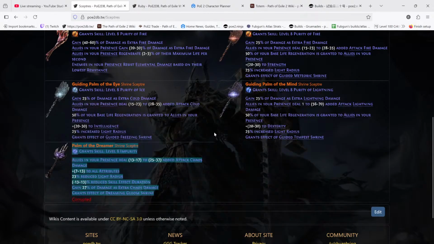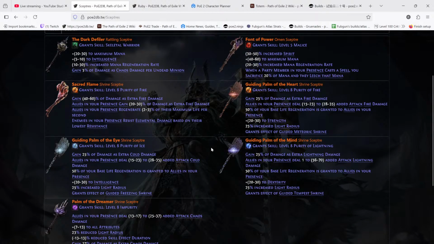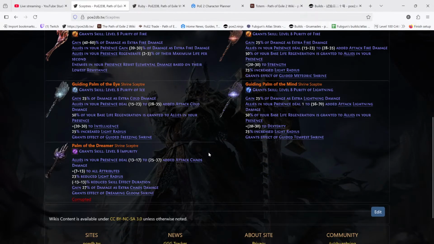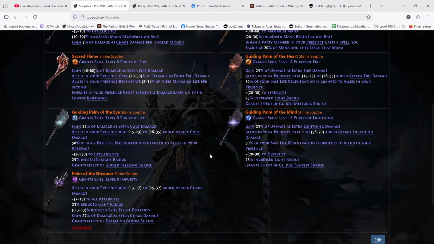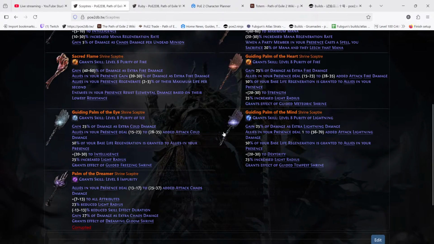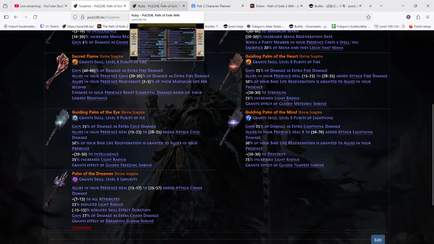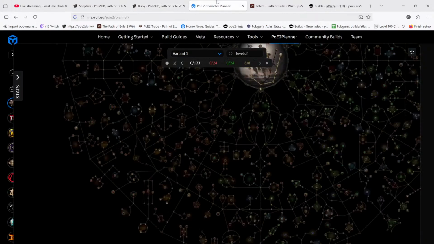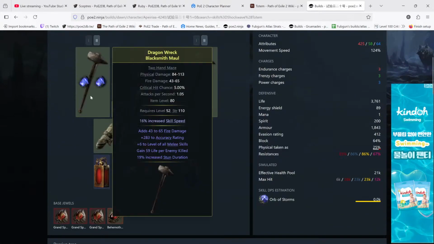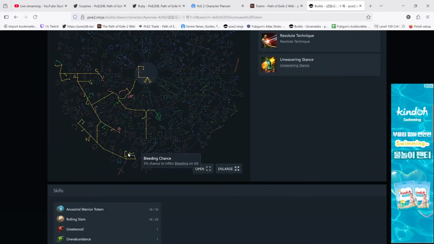Chaos damage is definitely the best damage type to use, because you don't have to worry as much about pen and all that, right? You don't have to care about that. So either they add a better scepter, or what you would do is the same, right? You would just weapon swap. But where is it? This guy here. So yeah, you would dual wield, which means you do need...